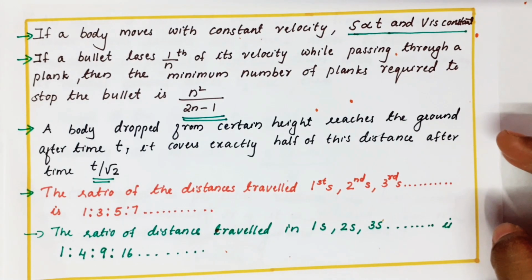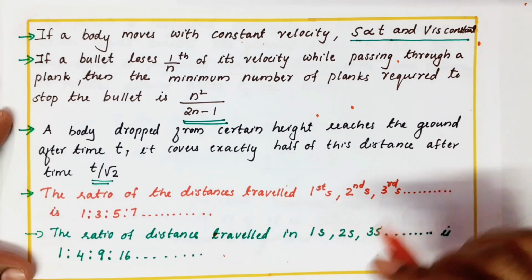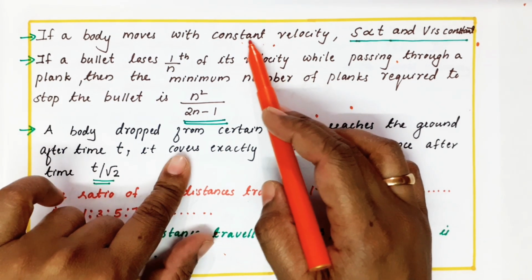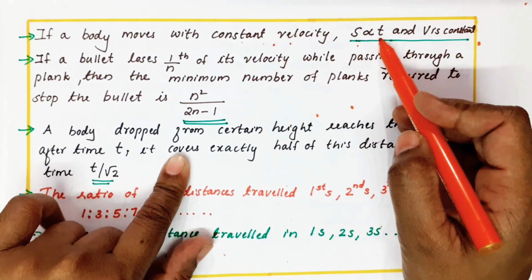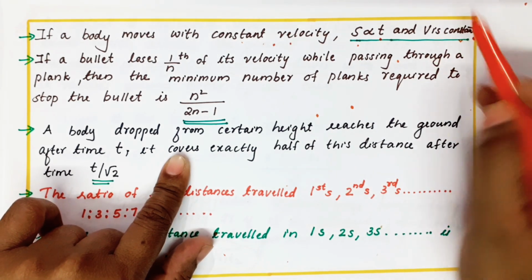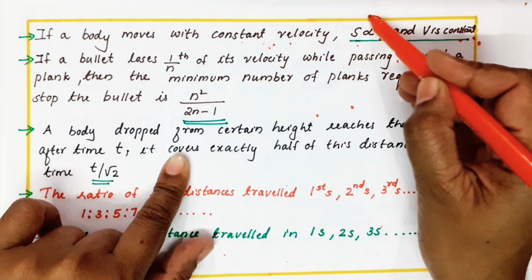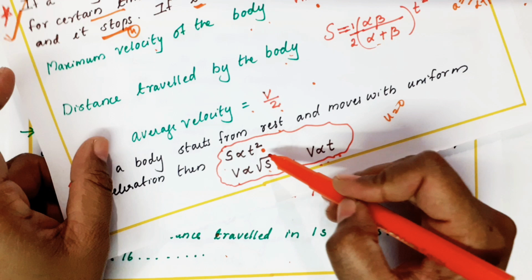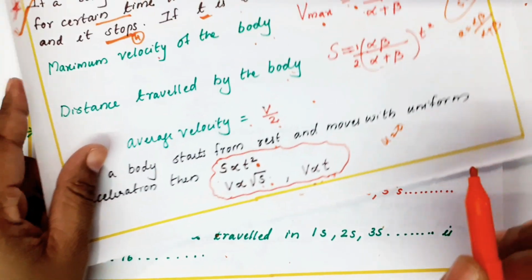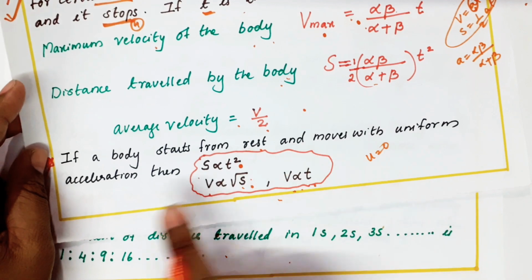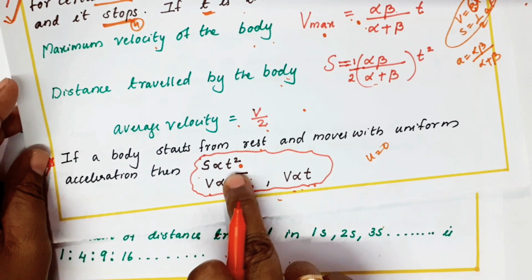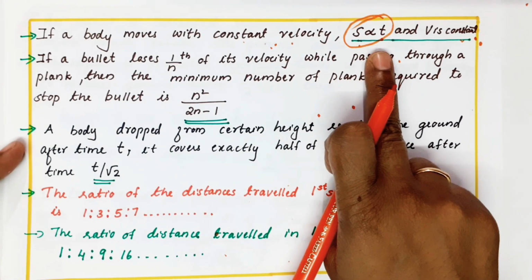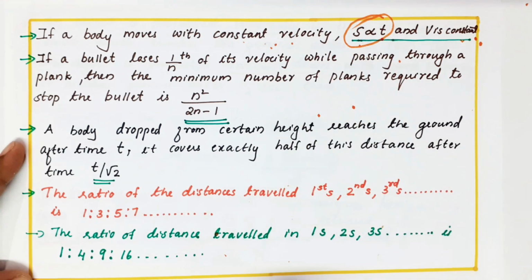Next. Same thing, I am giving another case. If the body moves with a constant velocity, the previous one I told was constant acceleration. This is a constant velocity, which means displacement is proportional to time and the velocity will be constant because they gave it in the question. So you see the difference here, s is proportional to t. In the previous equation you see s is proportional to t square. This understanding should be there. The body moves with constant acceleration, s proportional to t square. But if the body moves with constant velocity, s is proportional to t. Okay, this is another question.